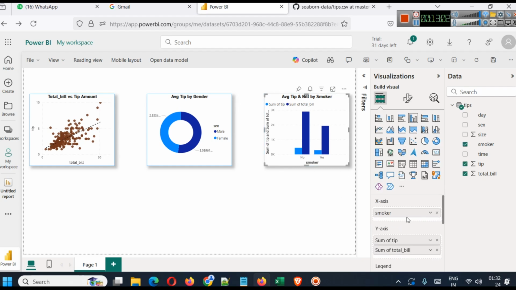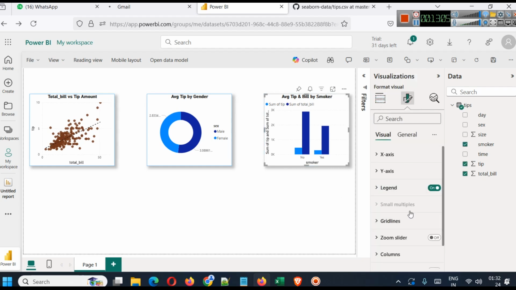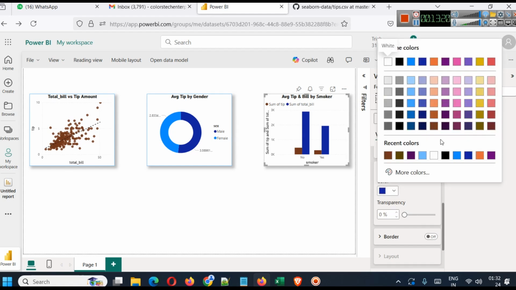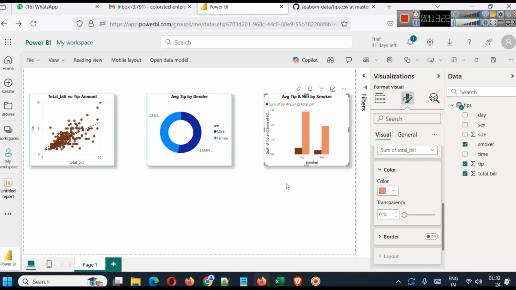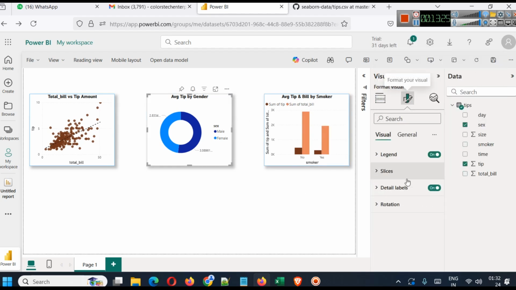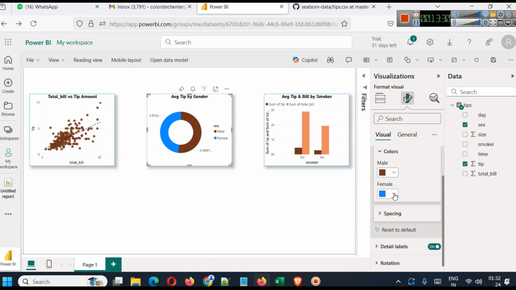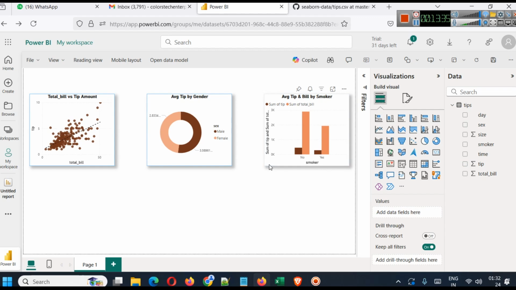What else you can do? You can also go to visual setting, and in visual setting you have columns. So let's say for sum of tip, we want to select a color, that is this color. And for total bill, we want to select a color, that is this color. Okay, it's your choice. And similarly here also, we'll go to slices. For male, we will select this color, and for female, we'll select this color. This way all the charts will look similar, and this way you can create that